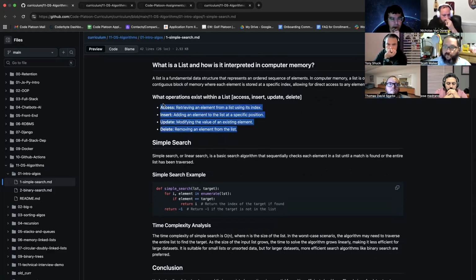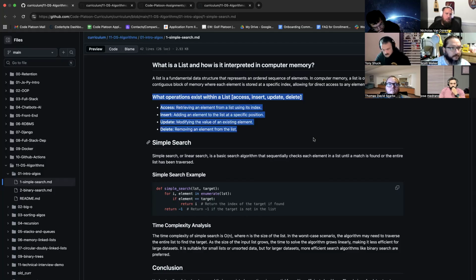Can you perform these operations on a dictionary? You can, but not in the same way.